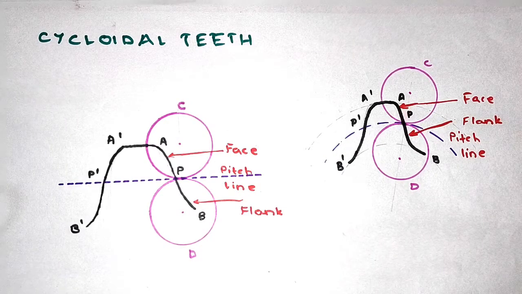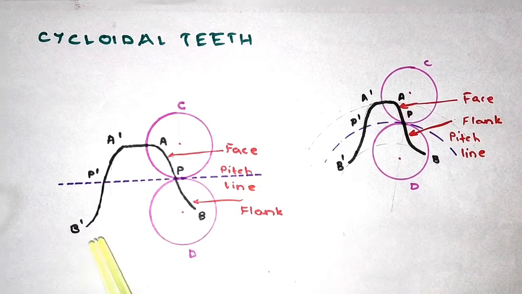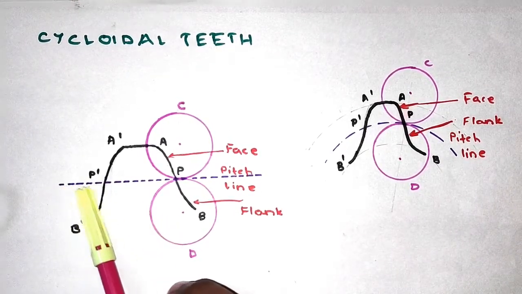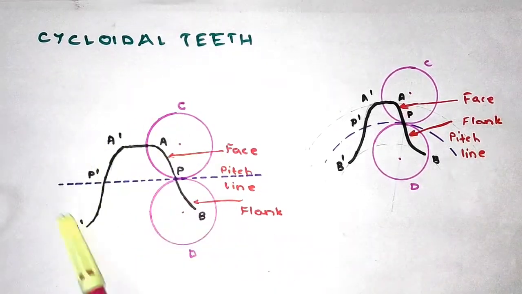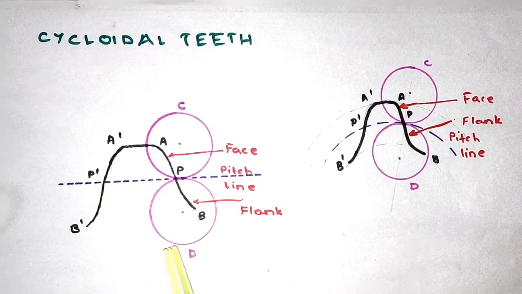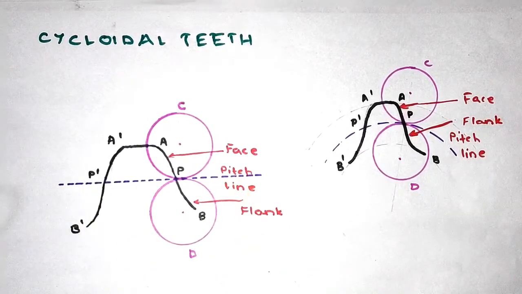But when this rolling happens inside of the fixed circle, the curve traced by the point on the circumference of the circle is known as a hypocycloid. So here I am taking the example. We have the pitch line. Now this is the case of a rack, that is, a gear having infinite diameter. So the pitch will be a straight line.